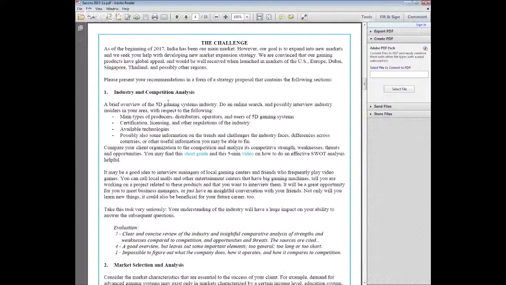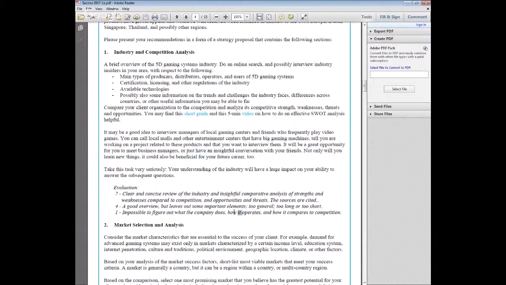So the challenge. Not only will you see the actual questions, right, but you will see some details and even some guidelines as to where students can go to receive more information on how to answer those questions. So read them very carefully before you do any evaluations, so you know exactly what the questions are, as well as how they should be answered. And then there is even one thing here that you may be very interested in, and that's the evaluation rubrics. So here we even have a set of criteria that the instructors will use at the end of the project to evaluate the quality of the final reports.